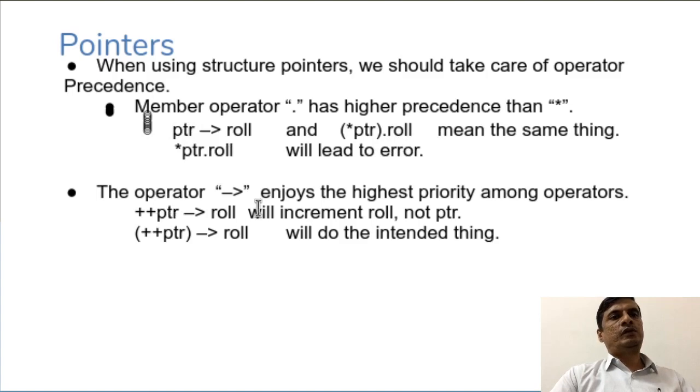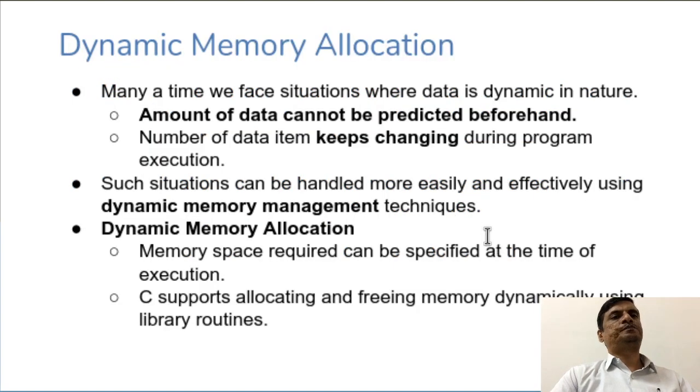Also, when you use the dereferencing operator, here in this case, plus plus of the dereferenced PTR role will increment the role value but not the pointer. So if you place round braces, that will get clarified with respect to operator precedence. Then there will be absolutely no confusion; otherwise the confusion always persists.